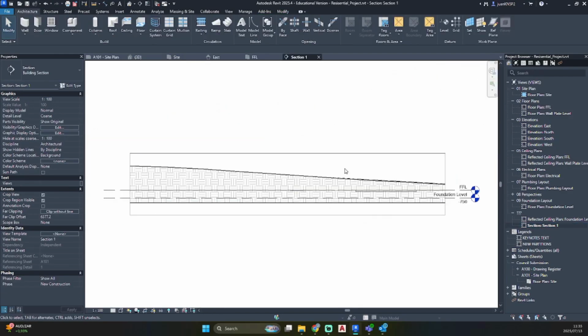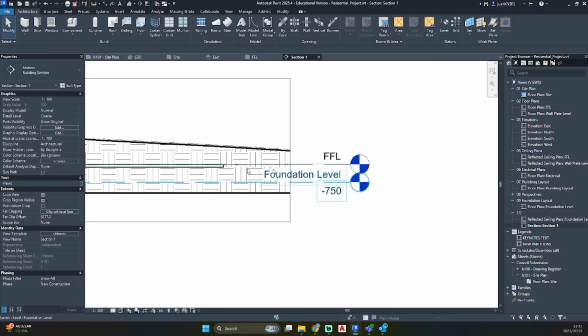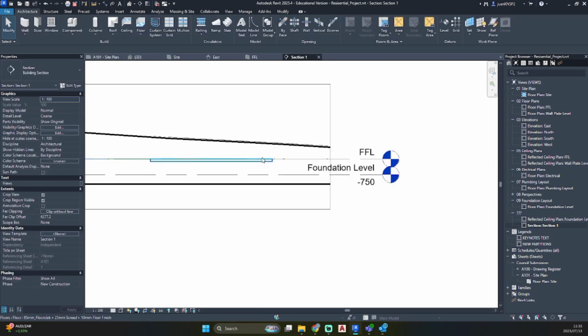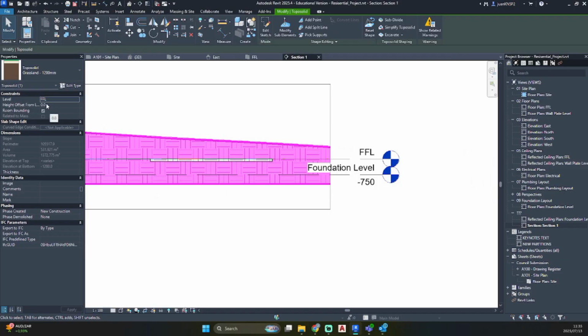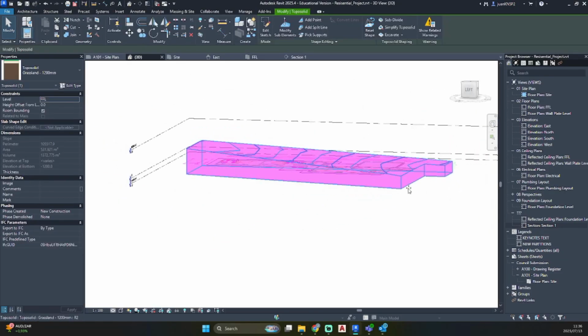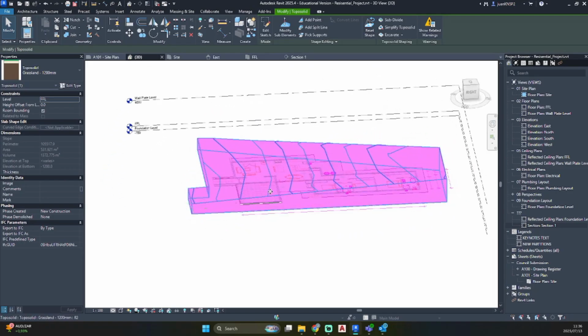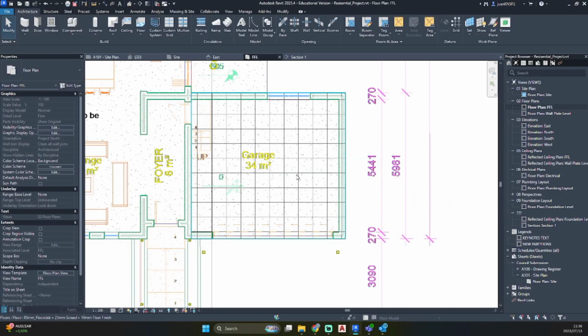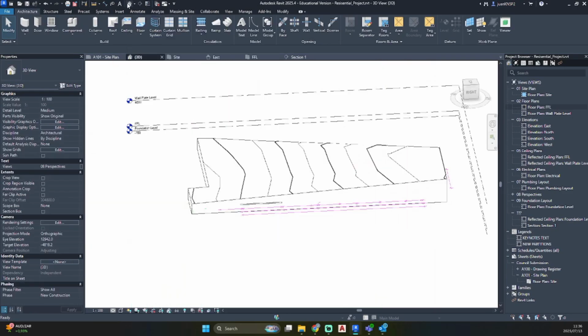If we go to our section with finished floor level, there is our site. Due to the site being on finished floor level at 0, we'll have to figure out how we are going to set out our floor spacing. So if you just go into 3D view, if you are still in your floor plan, click on the 3D view in your top ribbon.